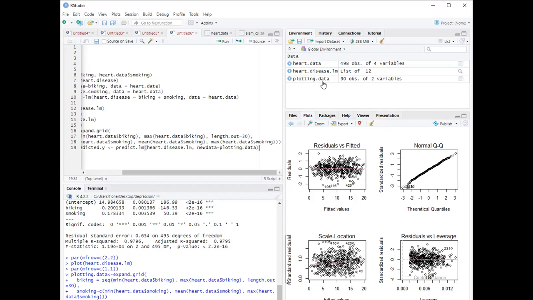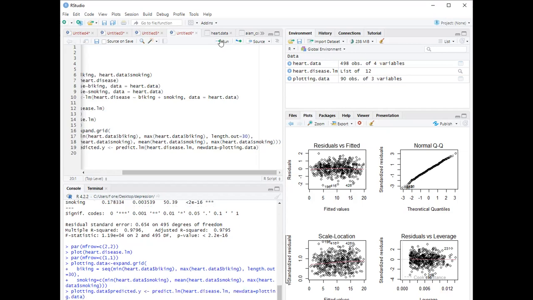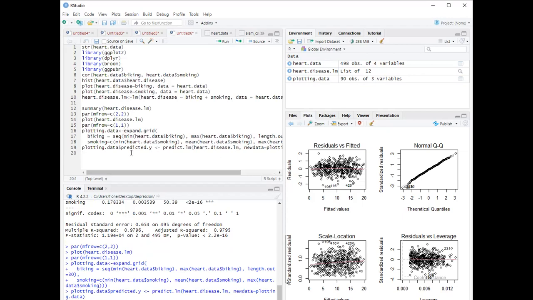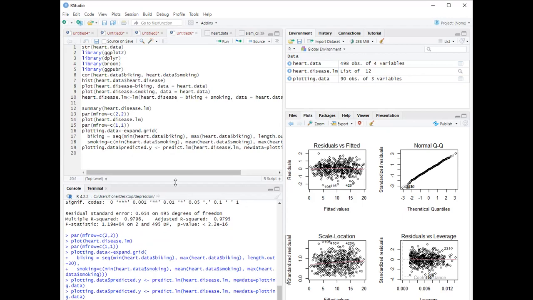You can see that plotting.data has 90 observations with 2 variables in the environment. You can see it later on. Now I have introduced a new variable, plotting.data$predicted.y. So it is also going to be established in R. In further steps,